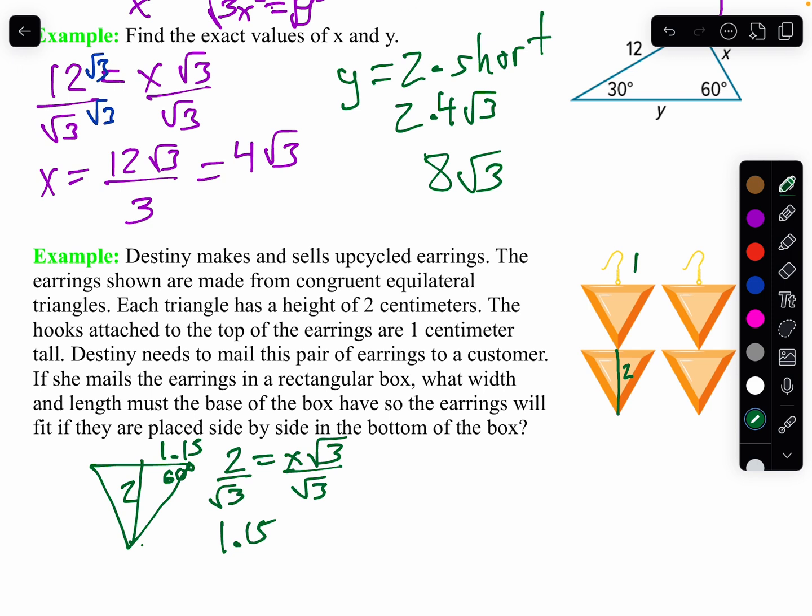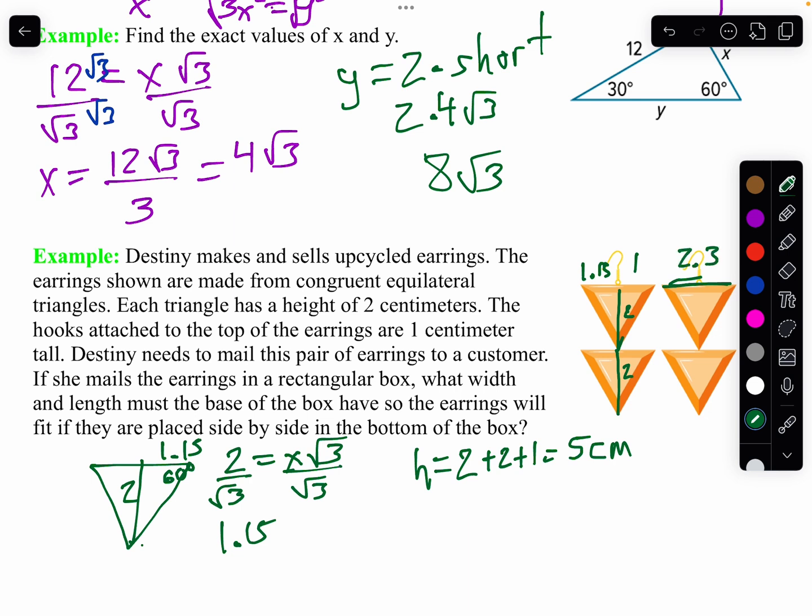Now, if my earrings fit snugly in there, that is exactly, well, I know what happens is the height of my box is going to be 2 plus 2 plus 1. So I know the box has to have a width of 5 centimeters. Now remember, I only found half of this. So this is 1.15. So that makes my whole length here